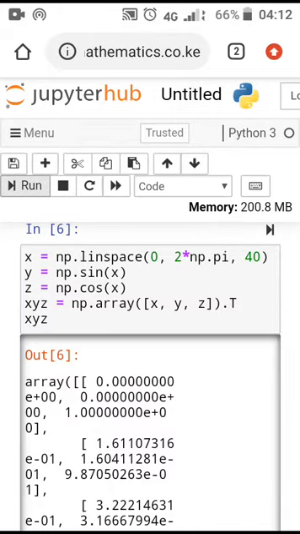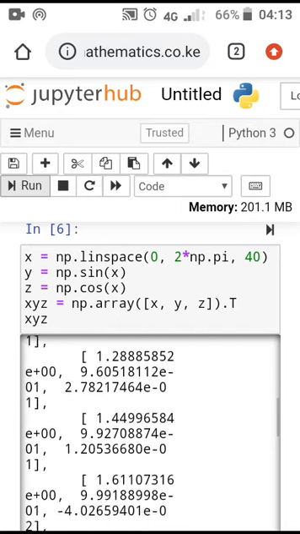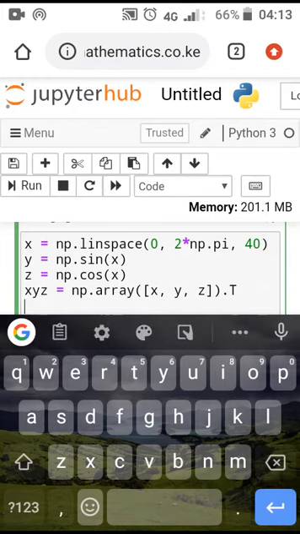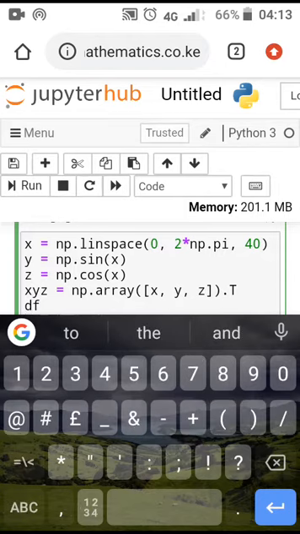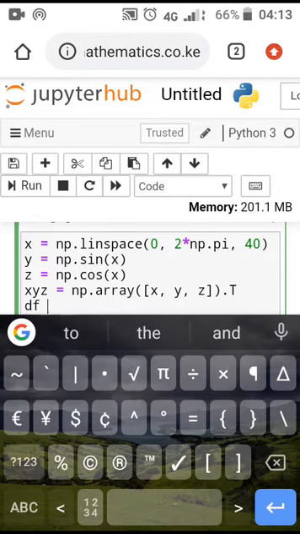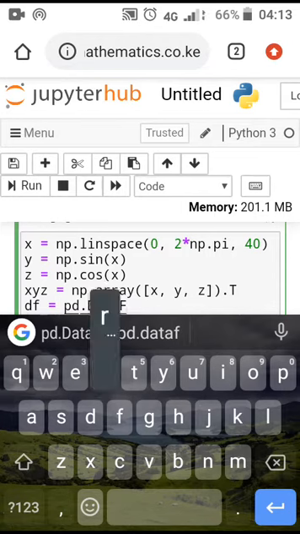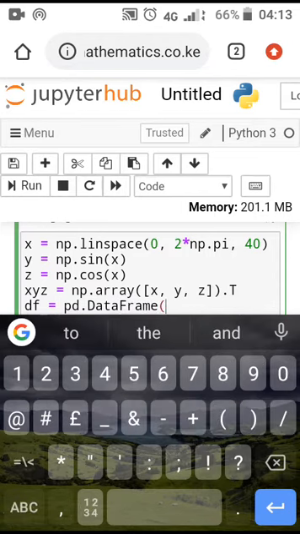And if you don't see the result, you will just click run again. So those are the results. Now I want to convert these results to a pandas data frame. So I say df is equal to, so I call the DataFrame function from the pandas library, so that is DataFrame. Make sure that D and F are capital like that,